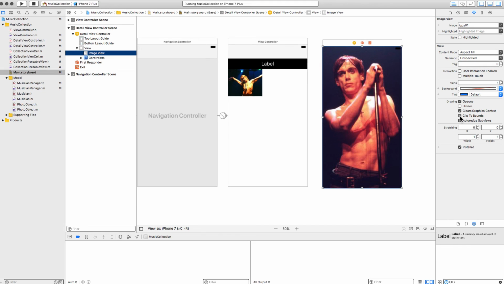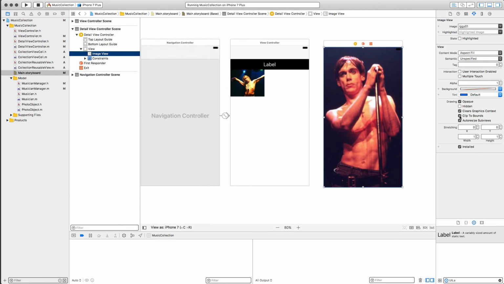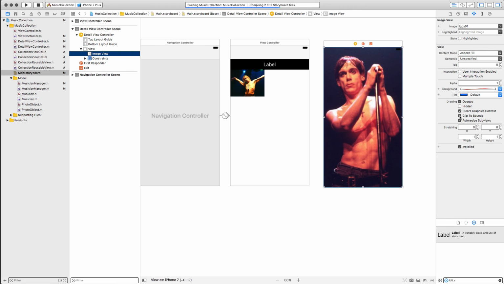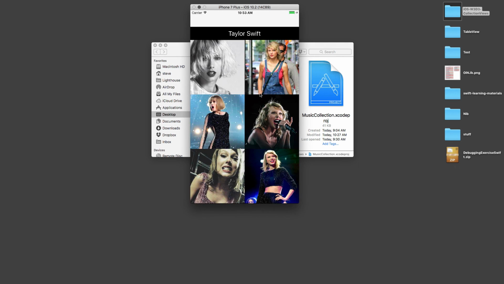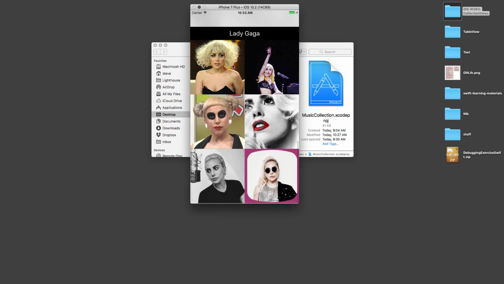If we set that, you can set that programmatically as well, it stops the image from spilling out over its boundaries. Okay, so all working. Okay, I think I'll stop there. So I'll post the